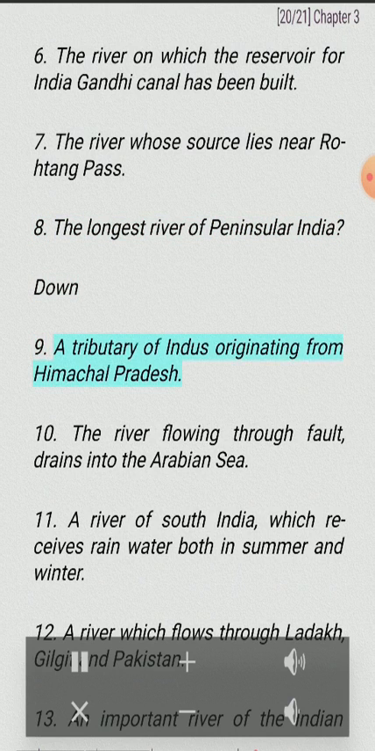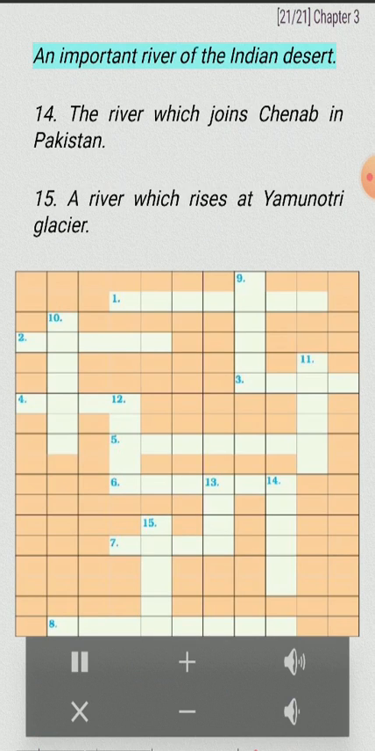Down. 9. A tributary of Indus originating from Himachal Pradesh. 10. The river flowing through a fault drains into the Arabian Sea. 11. A river of South India, which receives rainwater both in summer and winter. 12. A river which flows through Ladakh, Gilgit and Pakistan. 13. An important river of the Indian desert. 14. The river which joins Chenab in Pakistan. 15. A river which rises